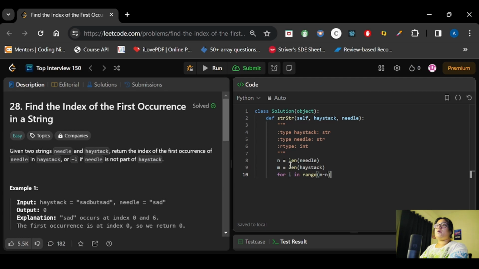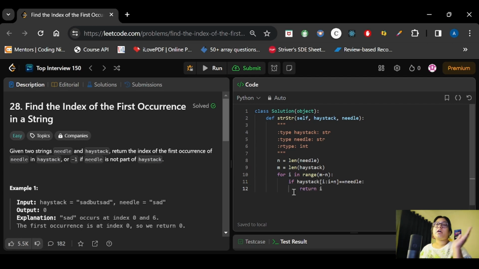So we will go till less than m minus n, and then we will check if the haystack from I to I plus n is equal to the needle, then we will return the I.